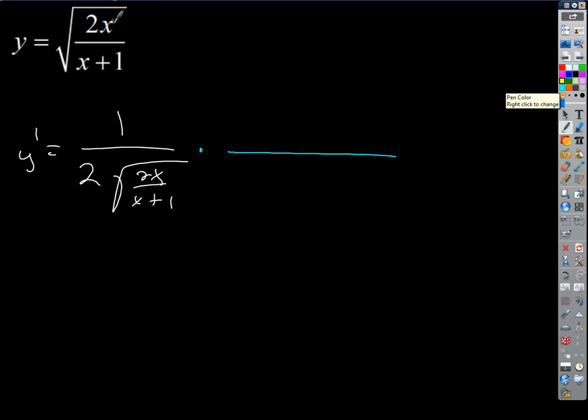So what's the quotient rule? So, right, so low D high minus high D low, so I'm going to end up with a v, which is an x plus 1 times the derivative of the top. U prime, what's that? Minus, good. You got to get a minus. That's important. Minus top times derivative of the bottom, which is 1. So we don't have to write it. Divided by